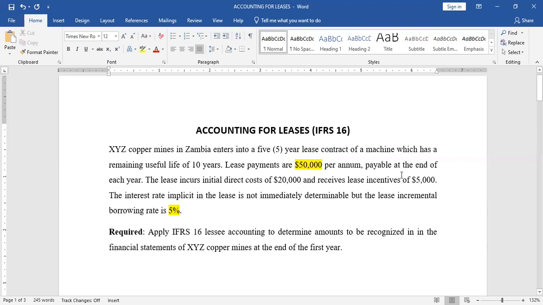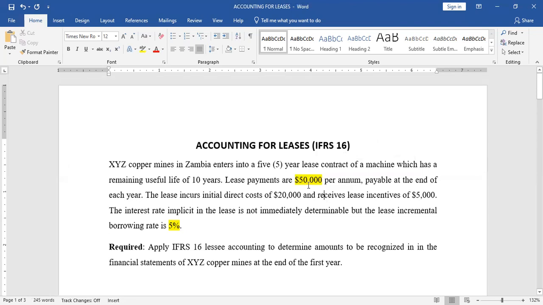So the first thing you need to do is to determine the lease liability. And the lease liability is basically the future payments converted into present value. All right. So if you can see here, the machine has a 5-year lease, and the lease payments are $50,000 per annum for the next 5 years. So this 50,000 is happening in the future. If it's paid at the end of the year, it simply means that the first 50,000 will be paid